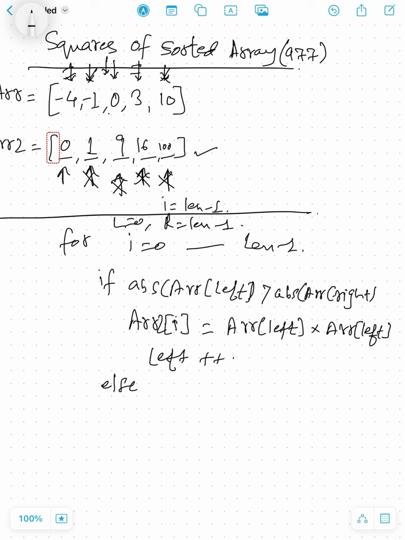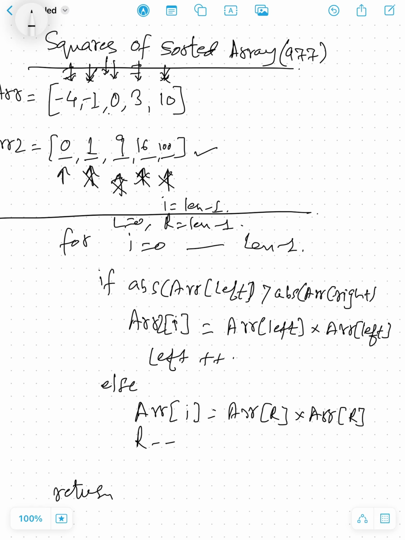Else you know that the right is greater, so array 2 at I is equal to array right into array right, and right will decrement. Okay, and that's it. At the end you will return